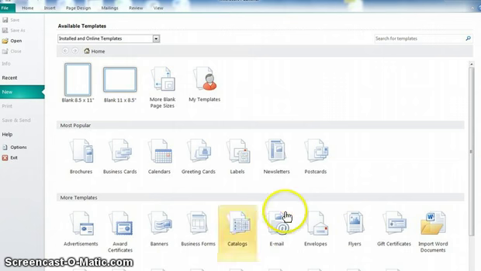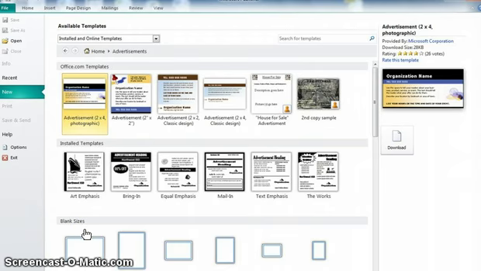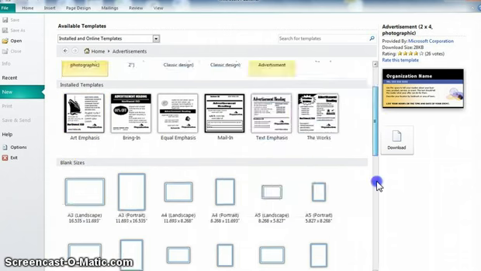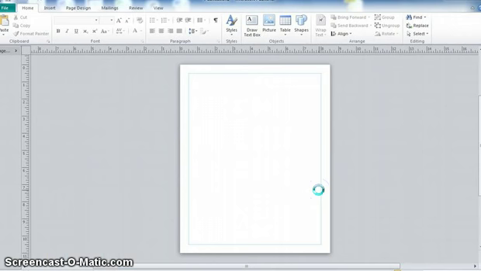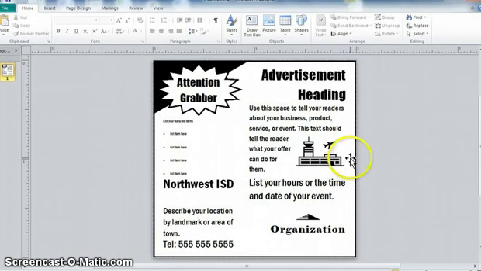Or you can scroll down here to some different templates. Let's say I wanted to do a template on advertising. So here are some different choices that I have. You'll see it gives me a lot of different choices, but I'm just going to focus on these two, my favorite, the Bring In and Works. So if I go ahead and double click on Works, it brings this poster up that is similar to something